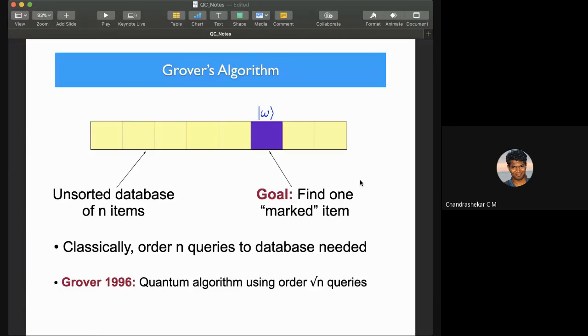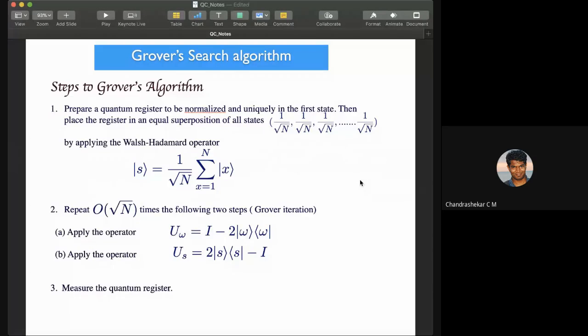So what are the steps to look at it? These are the steps for Grover search algorithm, which means that given n number of data, large data, you can rewrite them as quantum states in superposition, equal superposition of all possibilities. That's what we said with the Hadamard operator on an n-qubit system, you can create a state of this particular form, S, where 1 by root n summation of x from 0 to n. So, once you prepare an equal superposition state of all possibilities, then you repeat